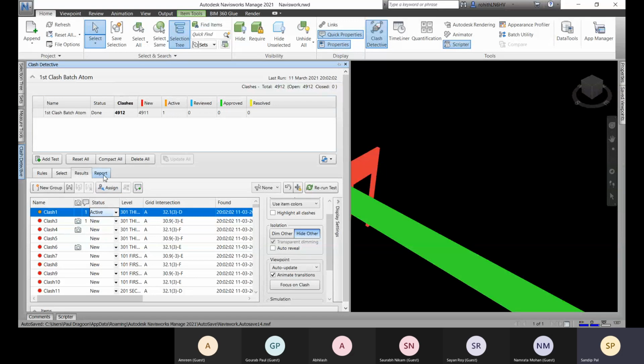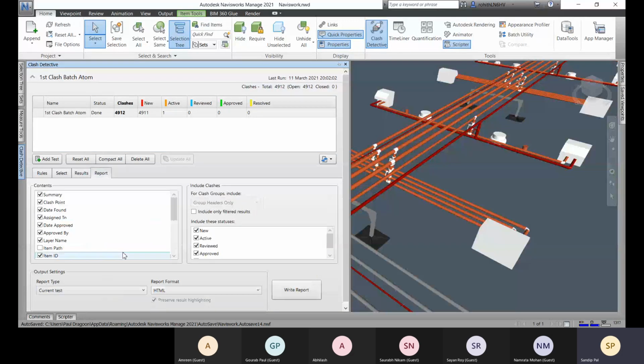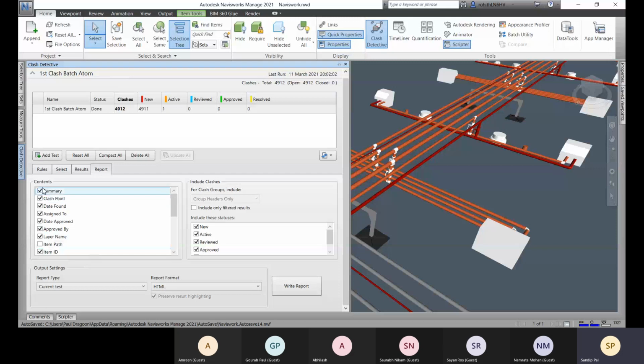And let's go for this report option. All right. So here you can see that this is the list of contents. What kind of data you need within your reports, you can choose. You can choose if you need to check item path, meaning the folder name where it is saved, so that you can list it out. You can check this, but that is not generally necessary, so in the default condition it is unchecked.